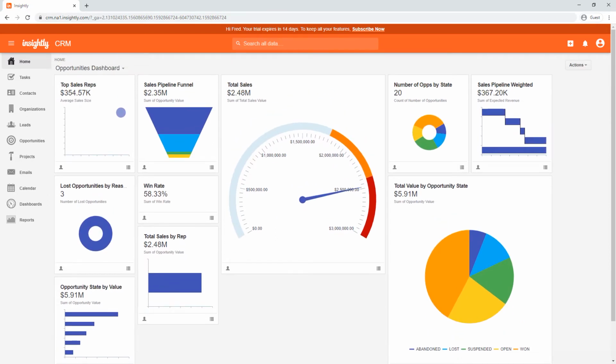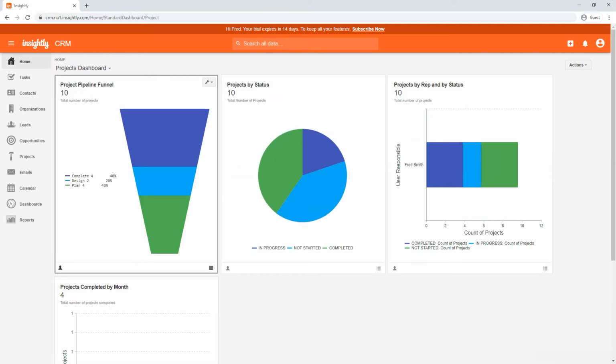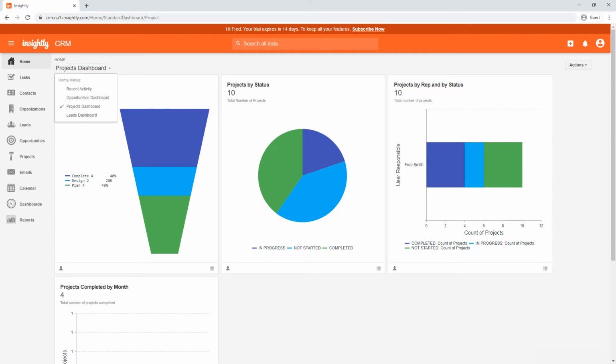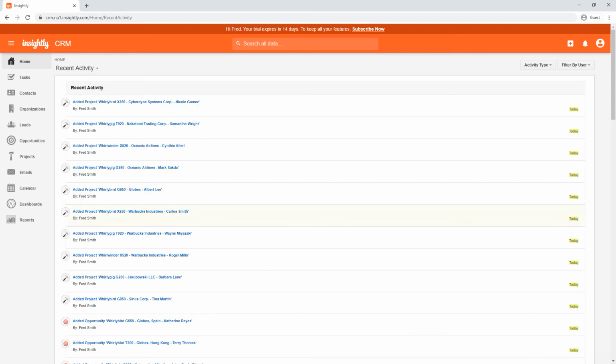Now, typically the dashboard is set up so it's very sales oriented. So we have what we call the opportunities dashboard. And what this is doing, it's basically telling you how healthy your sales data is within your company, within your organization. So we'll jump back to these type of dashboards a little bit later, but I'll just put it out there. We have an opportunities dashboard. We have a projects dashboard. So that's telling you how all the delivery side of your business is going. And we've got a couple of other dashboards as well. You can actually look at recent activity and have a look at what's been going on within your